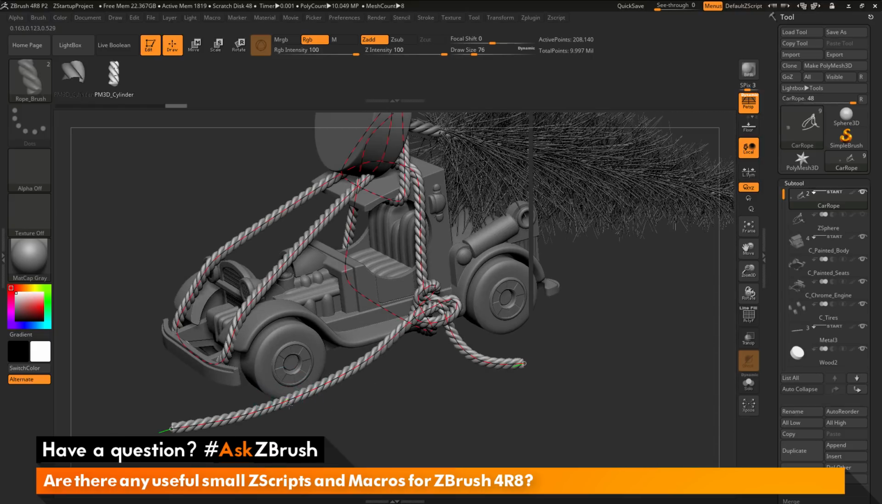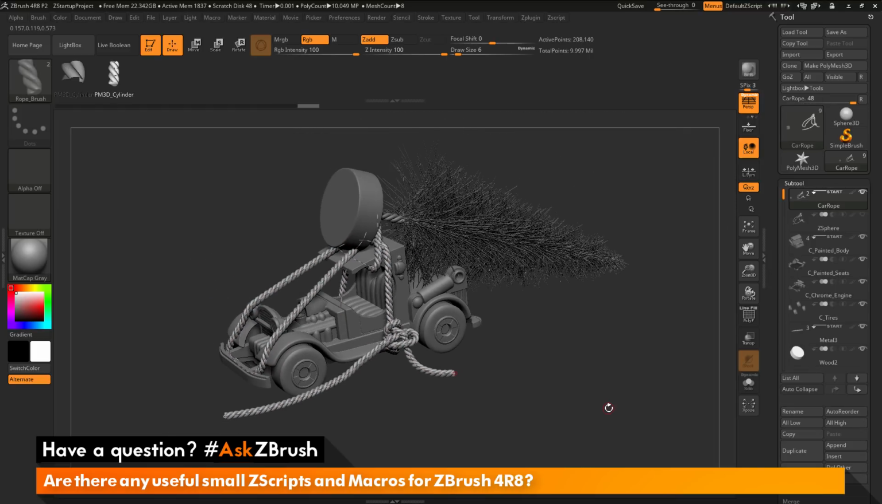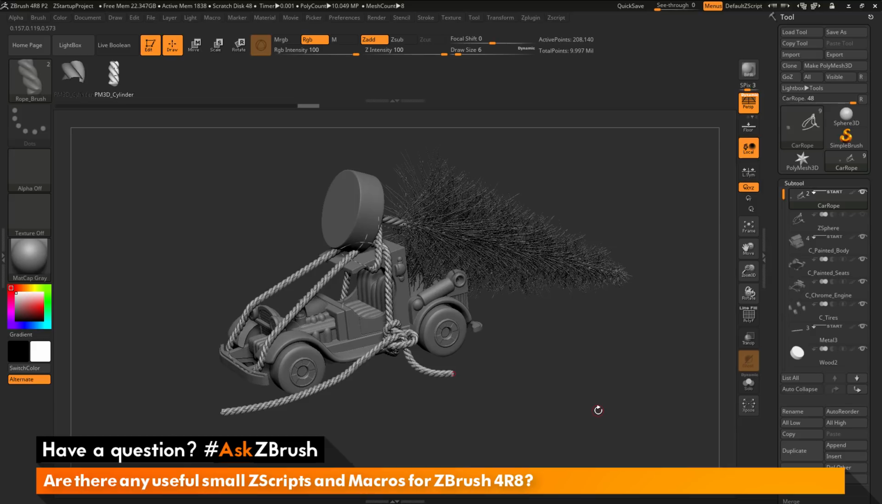Now this curve is still active, so I can move this around if needed, and I can tighten it up and do different things. But this is a really, really nice process to get curves and ropes to follow specific areas on your model. So I hope that helps, and if you have any other questions related to ZBrush pipelines or processes,